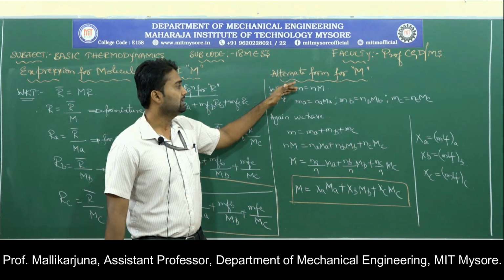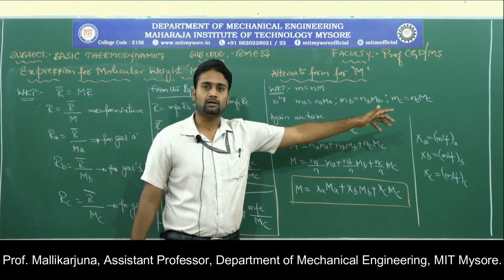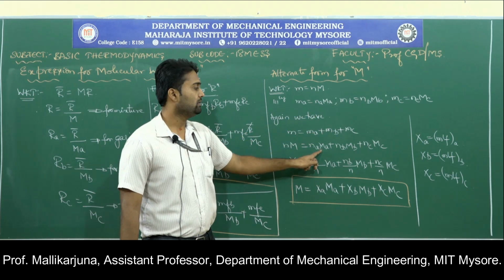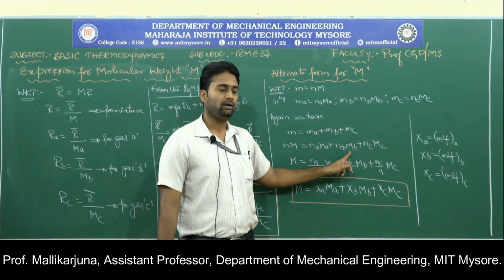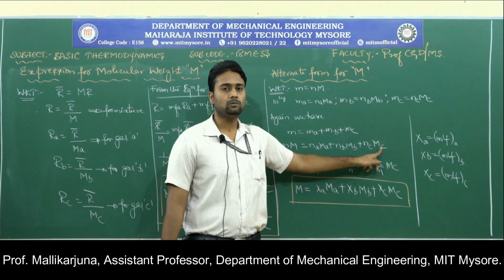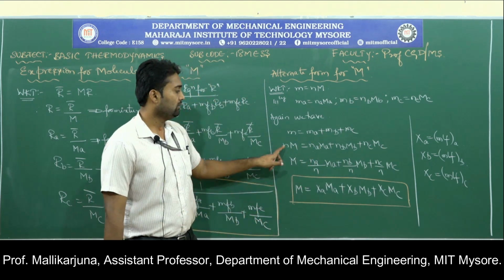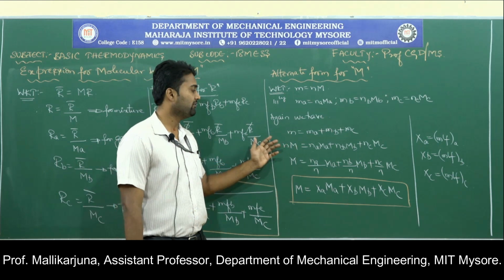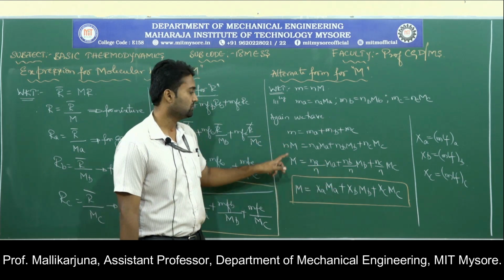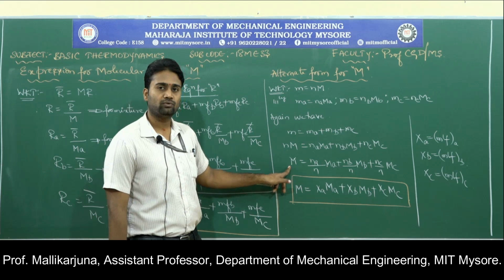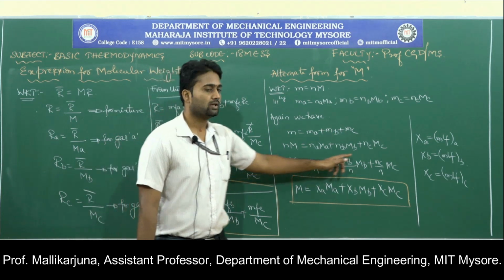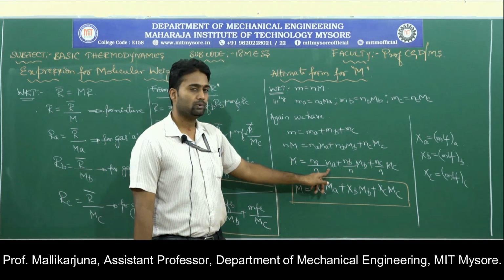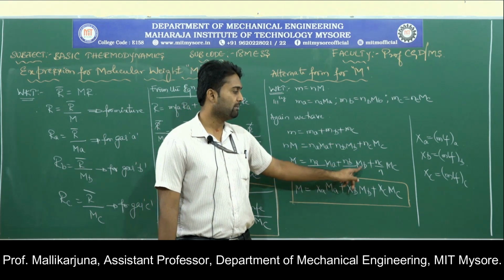Now if you look here, you have an equation for all the terms. m is N M, ma is Na into Ma, similarly mb is Nb into Mb, mc is Nc into Mc. Now the N on the left hand side, please send that onto the right hand side, so that on the left hand side I will be left with M, and I will send this N onto the right hand side. So the right hand side becomes Na by N into Ma plus Nb by N into Mb plus Nc by N into Mc,